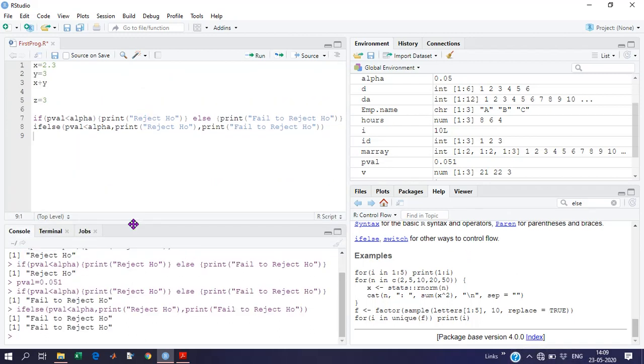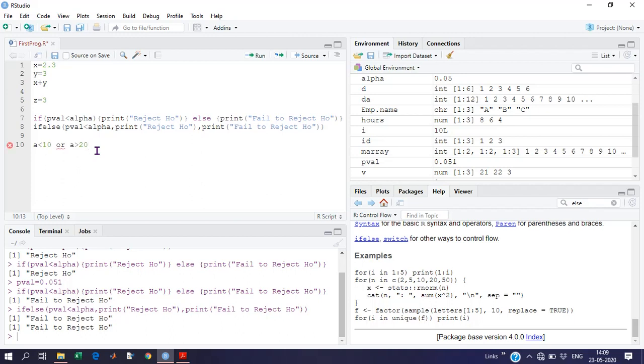Let's move towards looping. Before moving to the looping part, suppose there is a case where we want to print something if a is less than 10 or a is greater than 20.